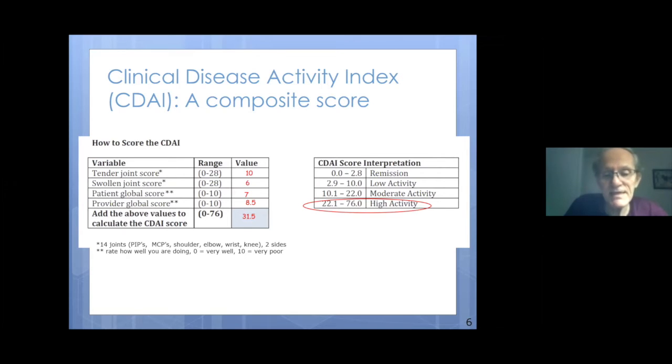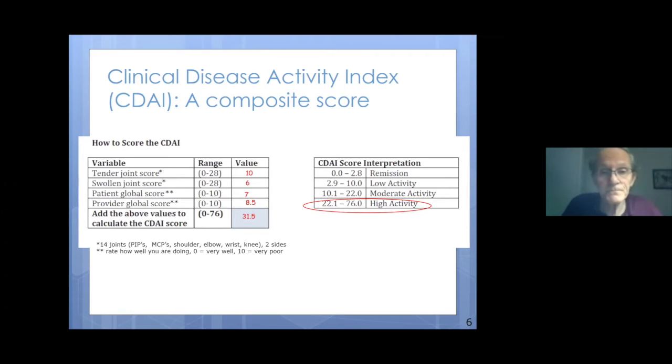The Clinical Disease Activity Index, or CDI, is an example of a composite. The CDI is composed of 4 domains: tender joints, swollen joints, patient global, and provider global. An example of the scoring for a patient is given in red for each domain, and then the CDI score is the simple sum of the domain scores. For interpretation, the CDI is referred to a categorical ranking label. In this example, the CDI total score is 31.5 and falls in the top category with the label of high